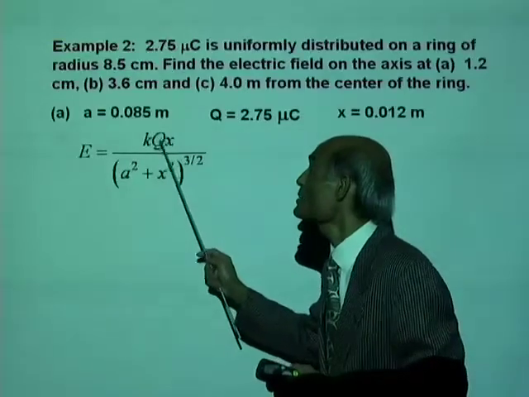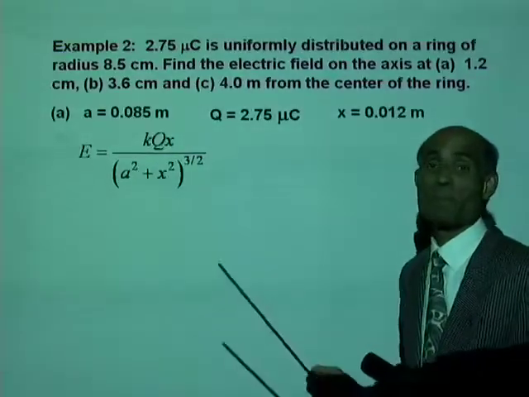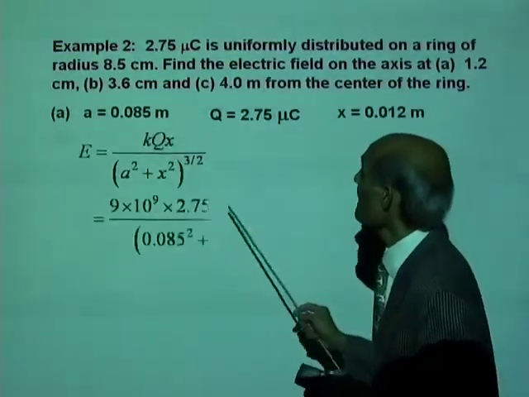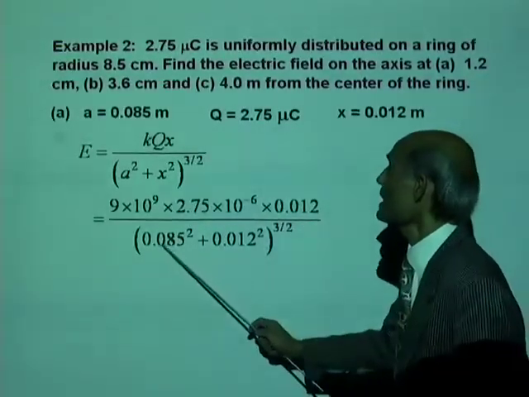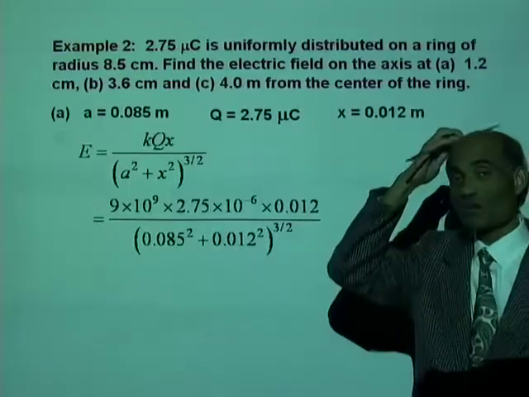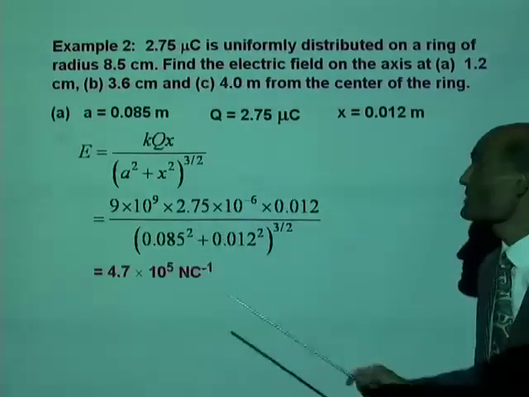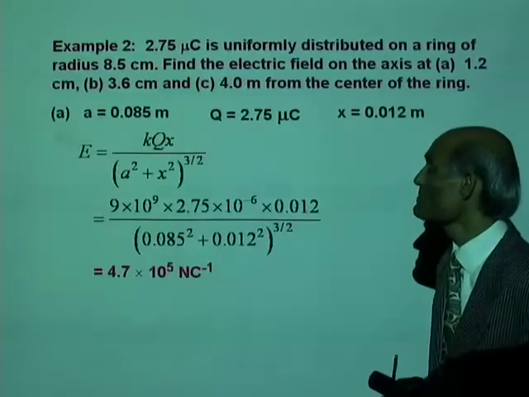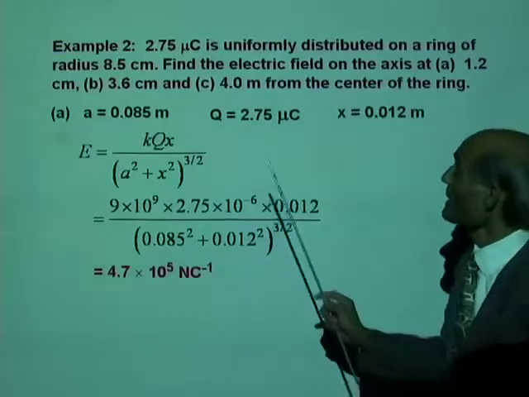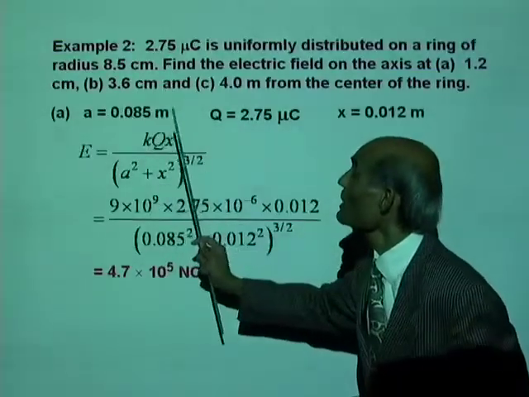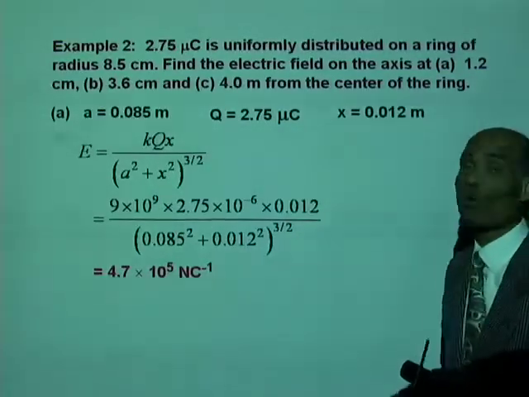E equal to kqx over a squared plus x squared to the power of 3 over 2. Just replace all the values: kq in coulombs times x, over a squared plus x squared to the power of 3 over 2, and use this on your calculator and see whether you get that value: 4.7 times 10 to the 5 Newton per coulomb. And for the B part, the only difference is x will now become 3.6 centimeter or 0.03